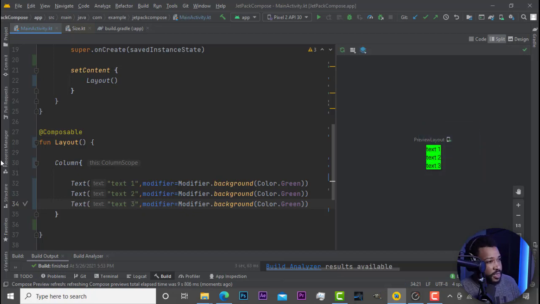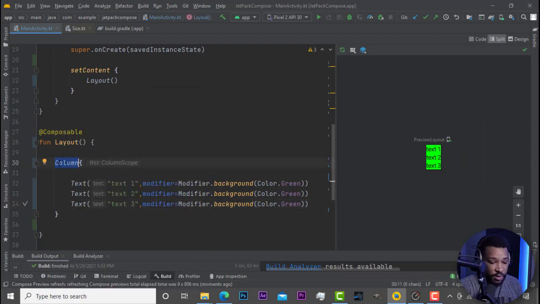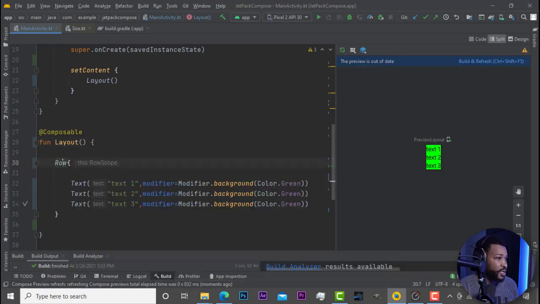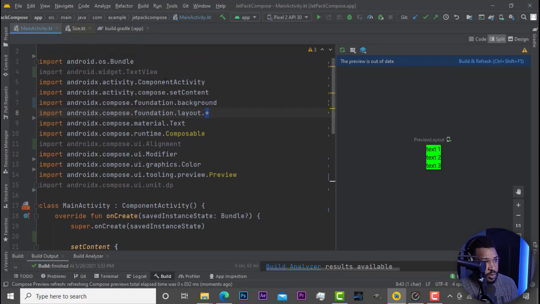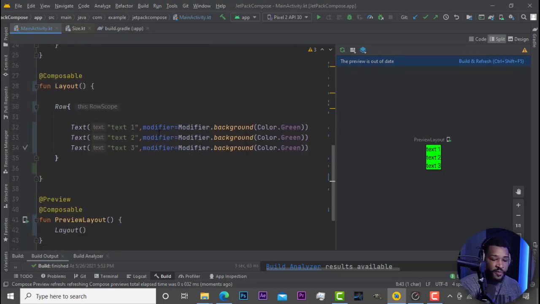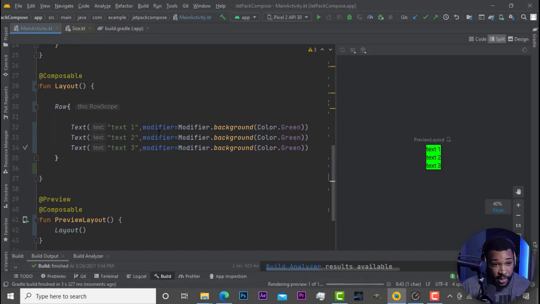All right, now let's say we want a horizontal layout. All you do, this is all out of the box, just go Row, and import that. If you don't have it imported yet, let me go up here. As you can see, we've got layouts. Anyways, make sure you're going into the Compose library. You've got to make sure it's the Compose library. So Control Shift F5. Let's check it out. As this renders the preview,